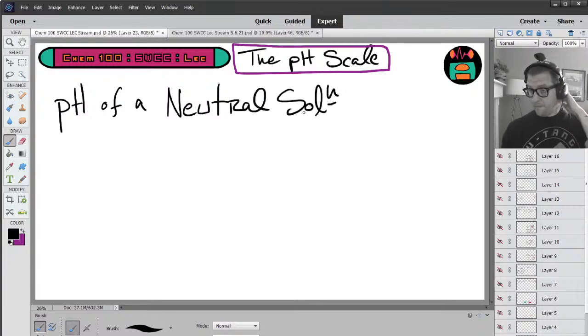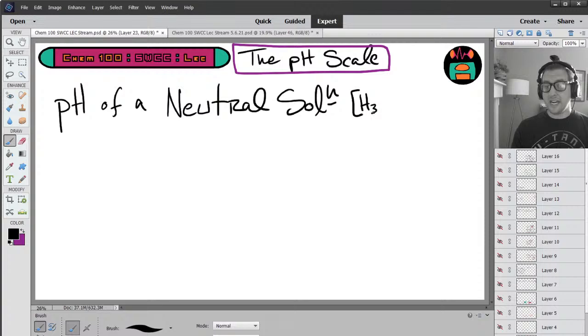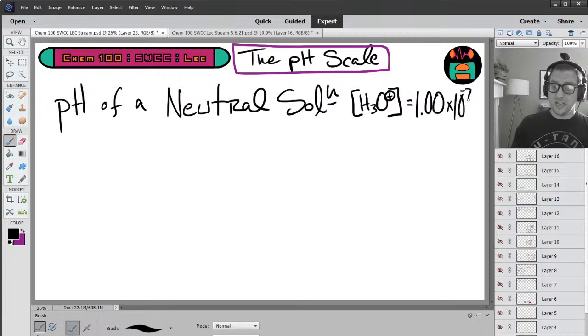We already did a problem a few minutes ago where we found the concentration of hydronium and hydroxide in a neutral solution, right? A neutral solution is defined as a solution where the amount of hydronium in solution is equal to the amount of hydroxide. So we calculated that concentration. It's 1 times 10 to the negative 7th molar. If you find the pH of a neutral solution, therefore,